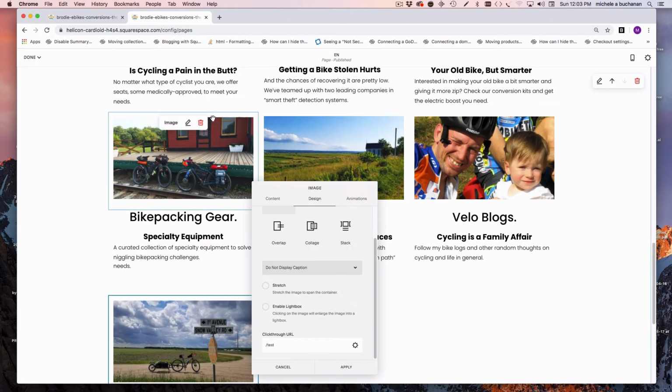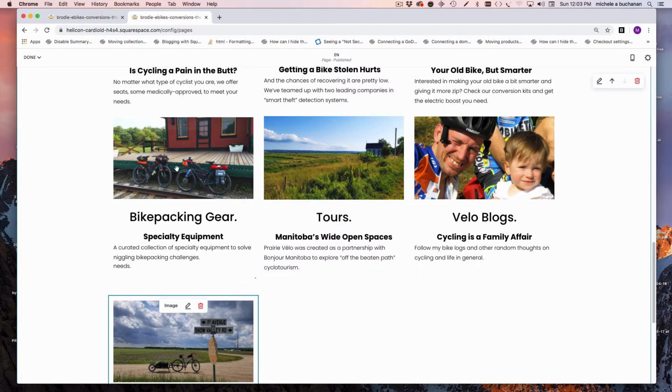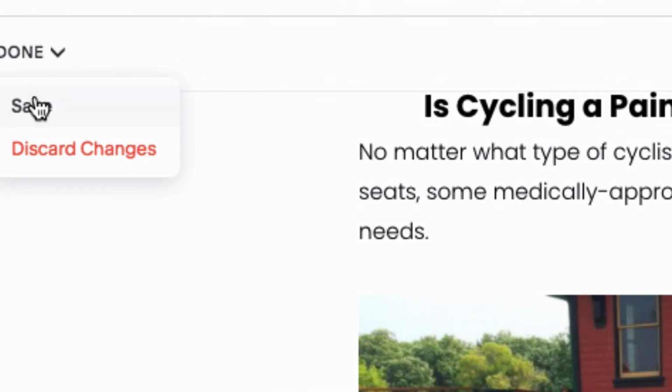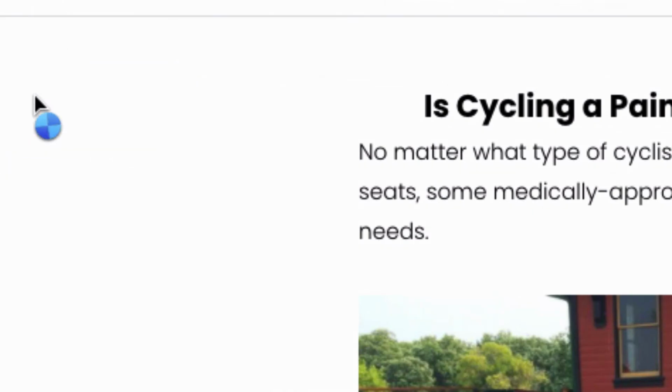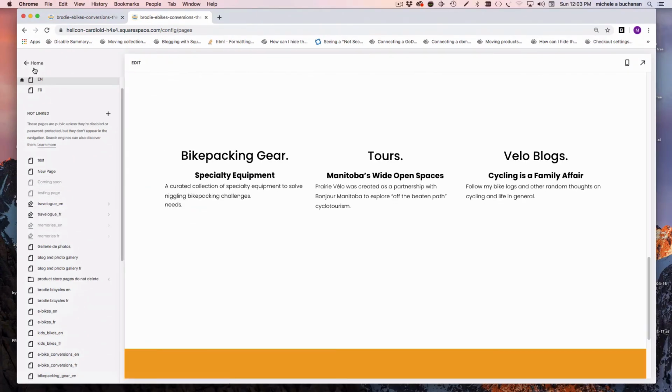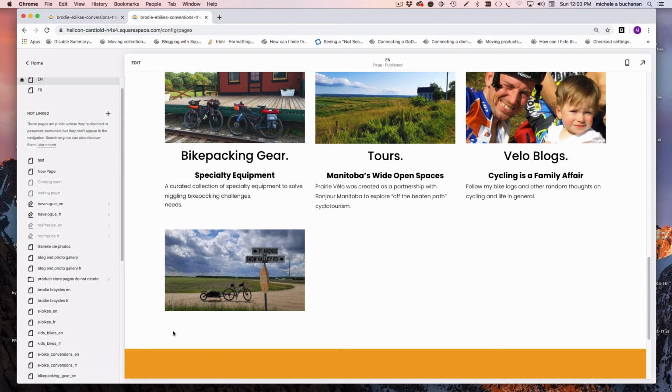And then I click save. And then I have to click apply. And then I have to go to the Done menu and select Save. And even though we're not done adding the content to this new section, I would really recommend that once you do something major like that, because it took a little while, save it, and then we'll just click on the Edit button again